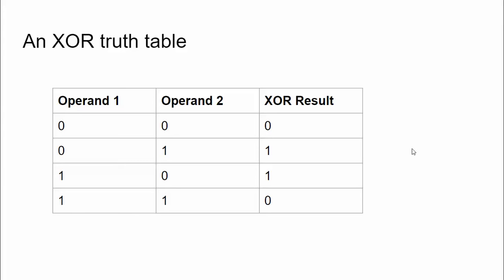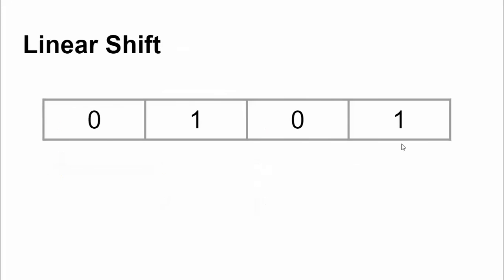All right, so now that we understand XOR, we can talk about the linear shift algorithm. It sounds scary, it sounds super technical, but it's actually very easy to understand. Linear shift just means we take things and we slide them down. We're shifting things in a line. That's what we're going to do to generate random numbers. So imagine I have a number here, which is really just an array of bits. How could we generate random numbers using these numbers and shifting them around? Well, that's what we're going to look at.